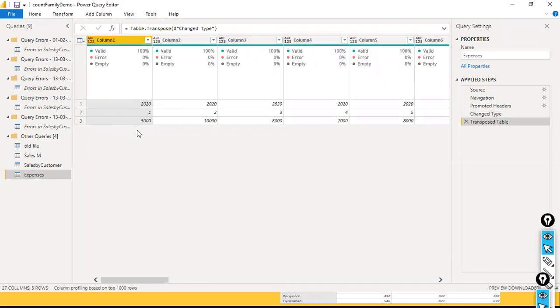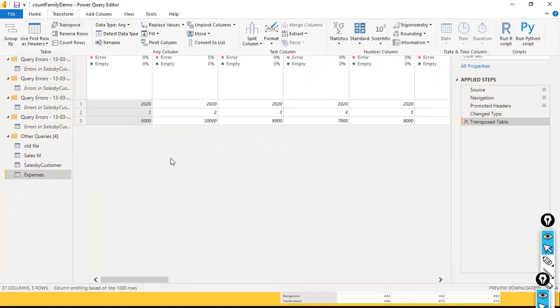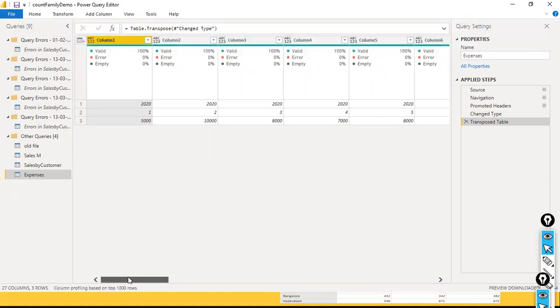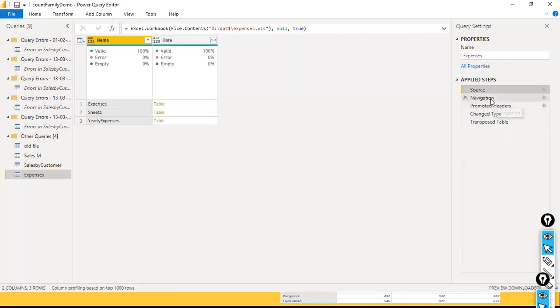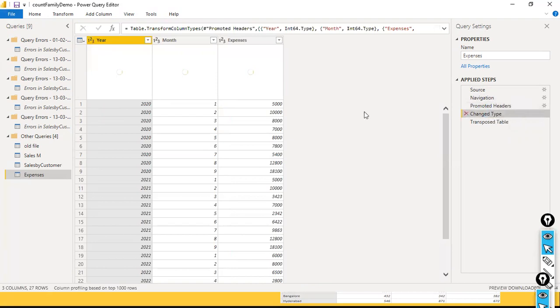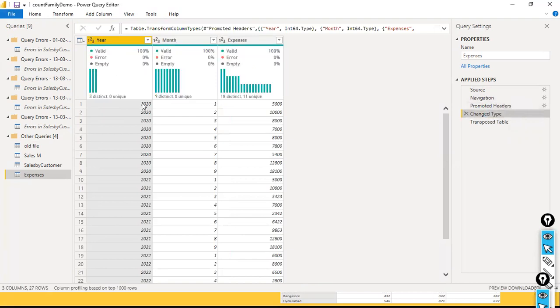So 2021, 500. The transform is actually kind of rotating your column values, your records. So what is this one? 2021, 500. So what value were we having? Look here, if you click on it here, the source, and promoted headers or change type also, you can see it. See, we were having something like 2020 in this row, right? So 2021, 500,